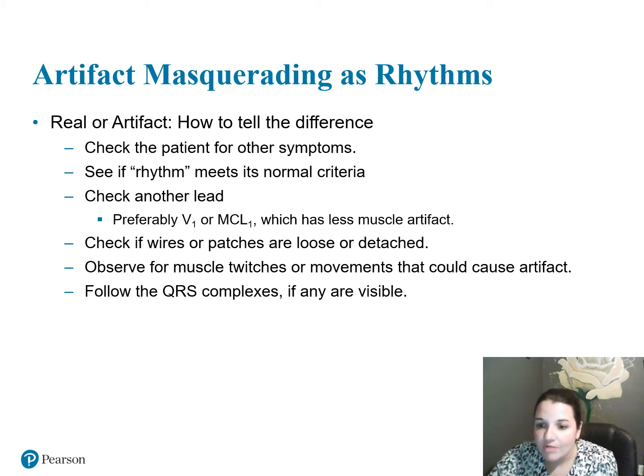Remember, always check your patient for symptoms. See if the rhythm meets its normal criteria. Check another lead, preferably V1, which has less muscle artifact. Check if wires or patches are loose or detached. Observe for muscle twitches and movements, and follow the QRS complexes if any are